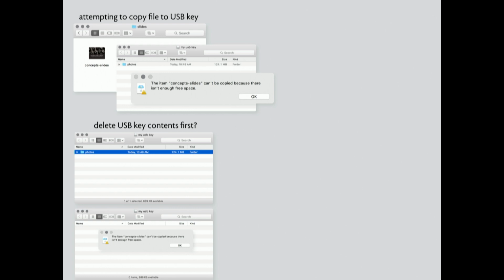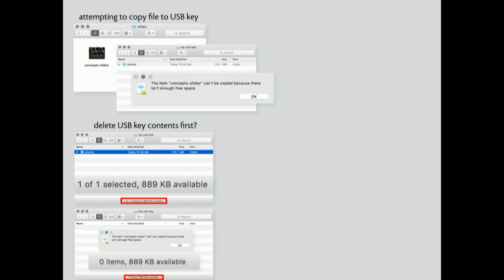No. It says it can't be copied because there isn't enough free space. What's going on? Well, before I deleted it, I had one item on my USB key, and I had less than a megabyte of available storage. After I deleted it, I had nothing on the key, and I still have less than a megabyte available. How did this happen?